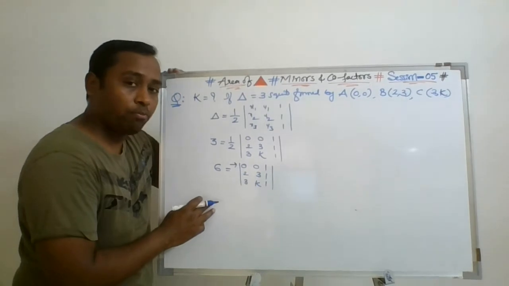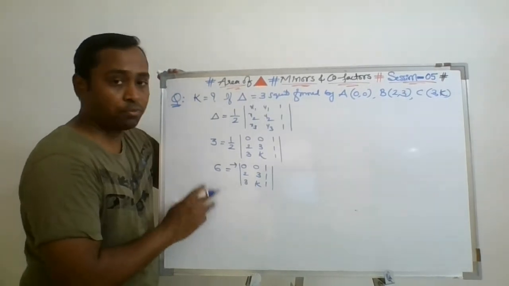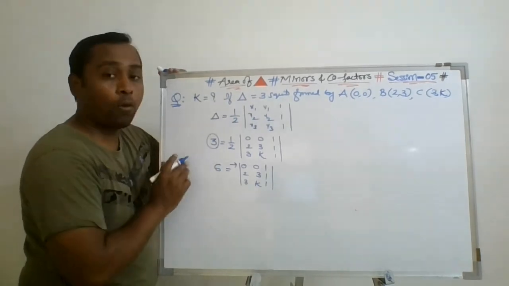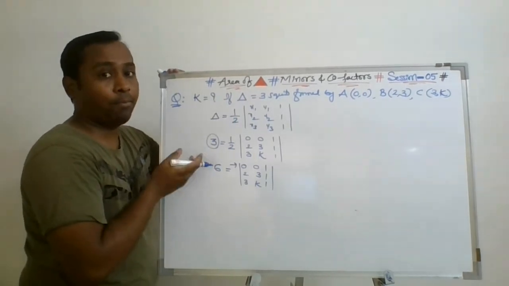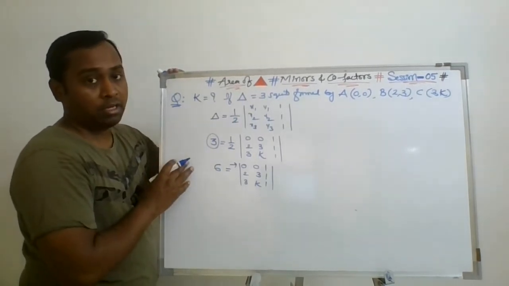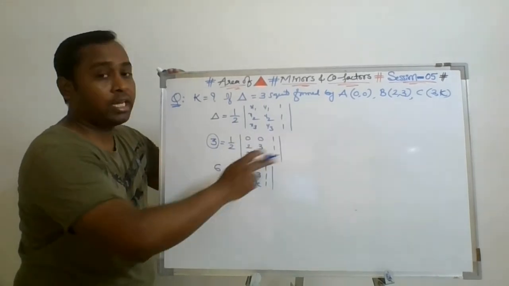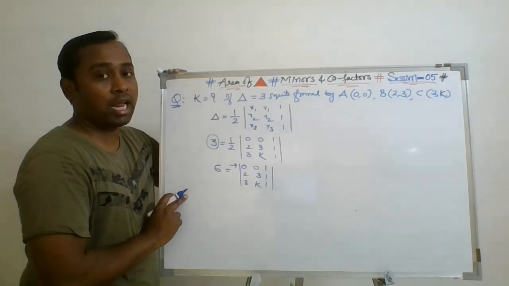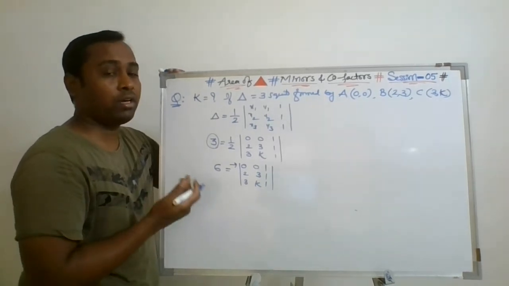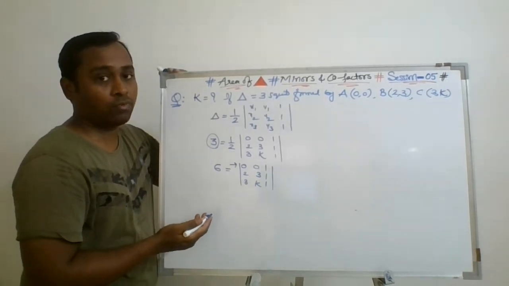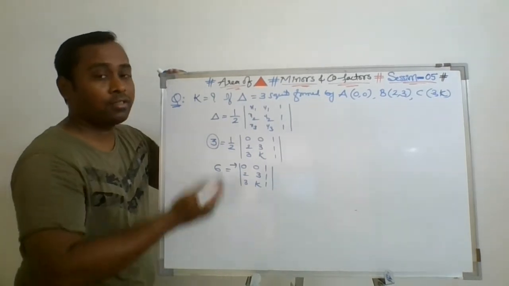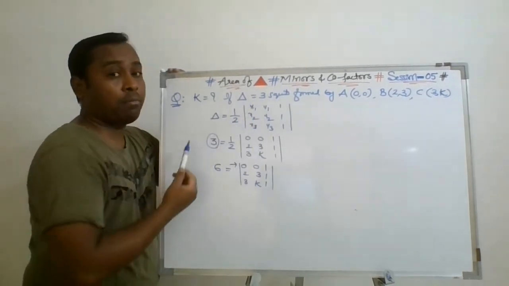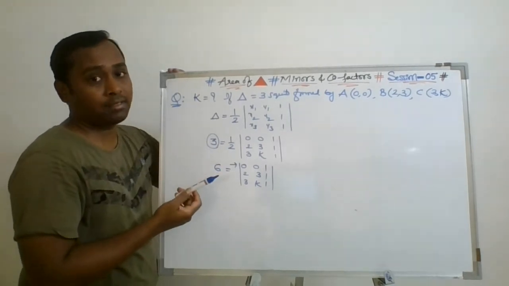But the important point before expanding this is that the quantity which is obtained could be positive or negative. As we have already calculated in the previous question, that area we got as minus 6 but we converted it into plus 6 because we are dealing with the area. In a similar manner, this value which is given could be minus 3 or it could be plus 3.